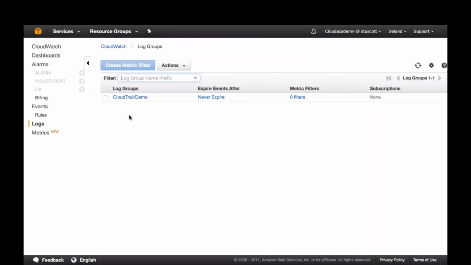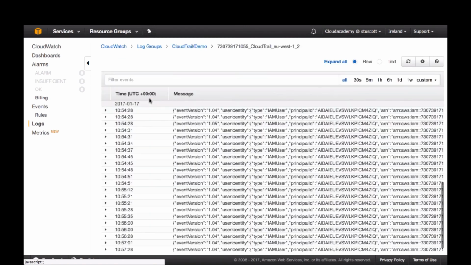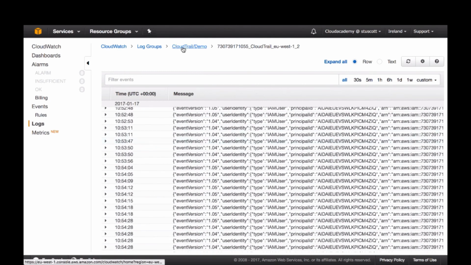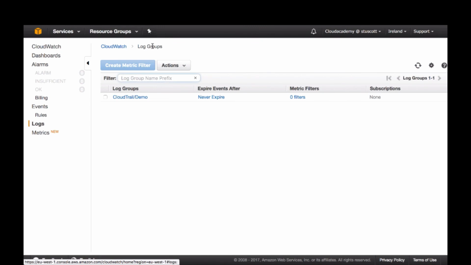Okay, so I've left it a few minutes, so let's go back into the log group, and you can see we've now got a couple of streams, and if we go into these, we can see there's a lot more events. So if we go back a couple of pages, back to our log group, now we need to create our metric filters to allow us to define what we want to search on within our logs. So if we select the tick next to our log group, and then go up to create metric filter,